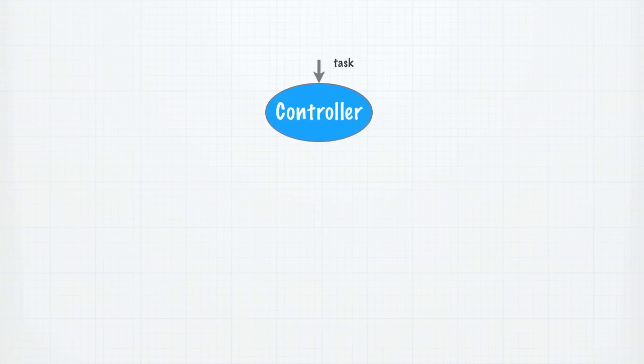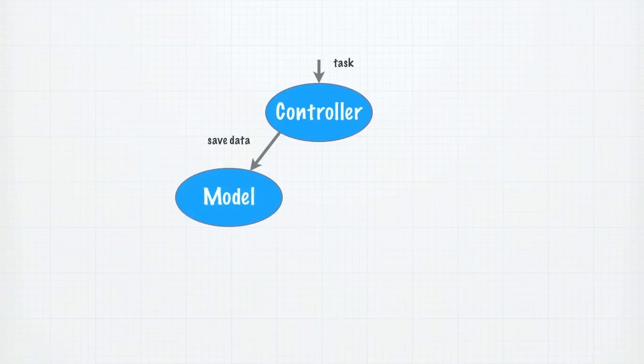Let's have a look at another example for a task that doesn't have any output, like when you're saving an article. In this case, the component could be using a master controller, or it could be using a specific subcontroller, and we'll look at subcontrollers in a future lesson. The controller creates the appropriate model and then calls an appropriate method in the model, which in this case would be a method to save the data.